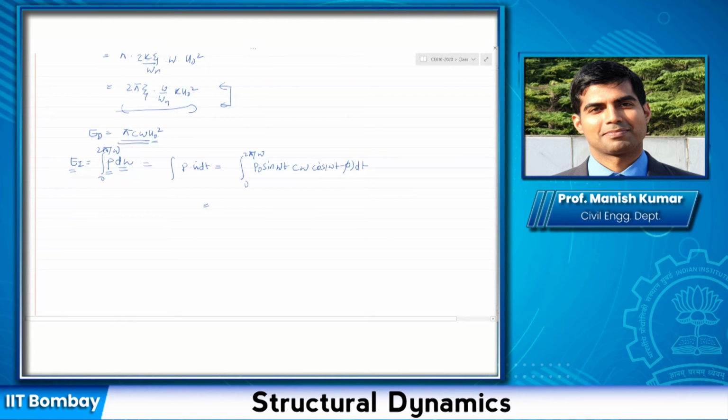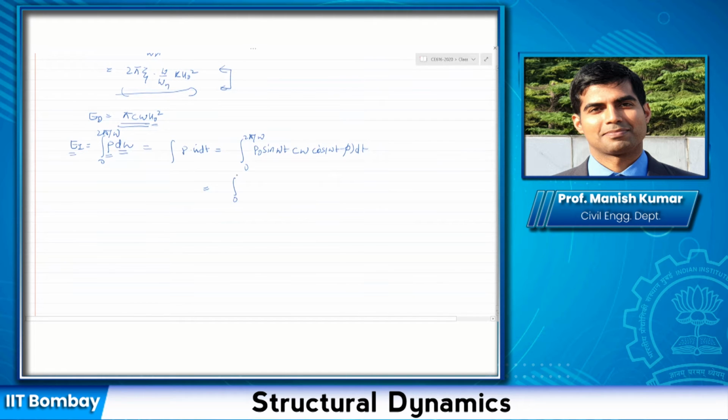So if you integrate it, let me just write it, 0 to pi by omega, this would be P naught C omega sine omega t times cos of (omega t minus phi) dt. Okay, this is the expression that you will get. If you integrate this term, this you can take out, you will get pi P naught times u naught, times sine of phi.